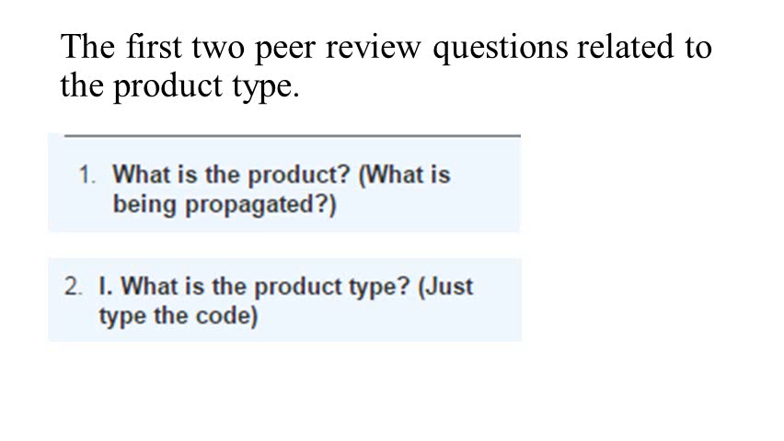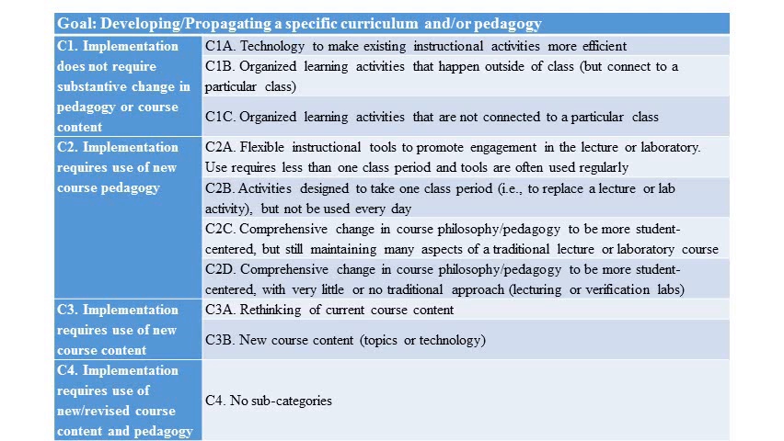So the first 2 review questions relate to the product type. So the first thing is to decide what's the product, what's being propagated, and then to code it. So in terms of what's being propagated, you're going to write a sentence or a phrase that's your best determination of what you think the authors are trying to have propagated. Once you've done that, then you'll look at the rubric where we've developed a set of categories of different product